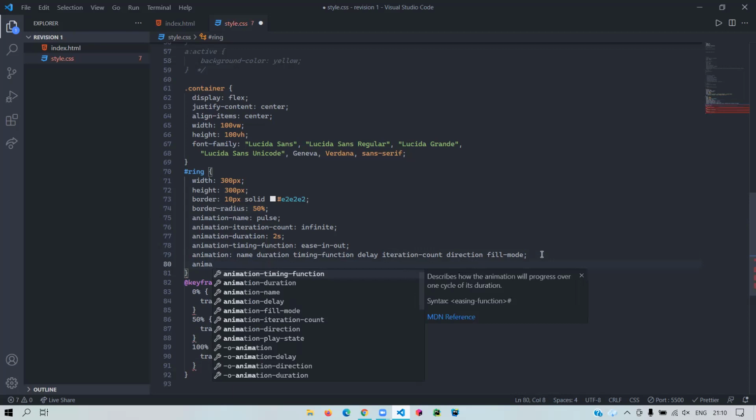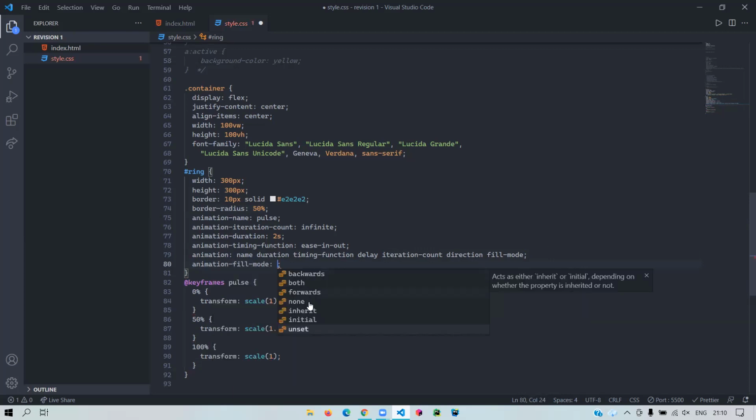Or actually, I could go over here. So animation fill mode: backwards, both, forwards. Basically, what this does is, let's say I am not in an infinite count and I only want my animation to take place once. Then I can use these properties to specify whether I want the animation to end at its final location or its original position. Okay, Arik will mark your present. That's not a problem. And direction will basically specify where you want it to go.